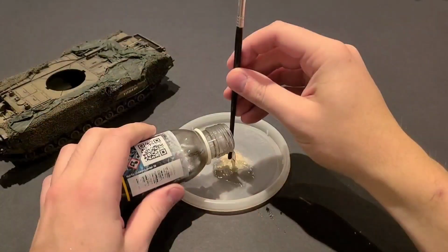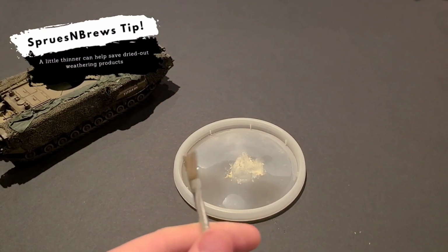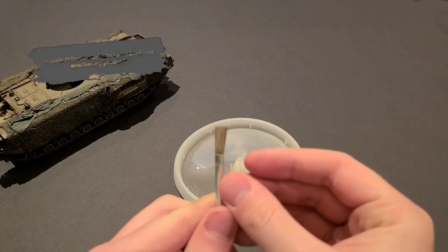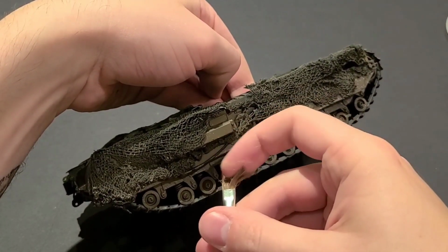Unfortunately, I didn't seal the bottle last time I used it, so it dried out on me. I had to use a little thinner to wake it up again, but this is good stuff if you pick it up new and you actually take care of it. So we're going to load up a stiff bristled brush here with some of that splash product,